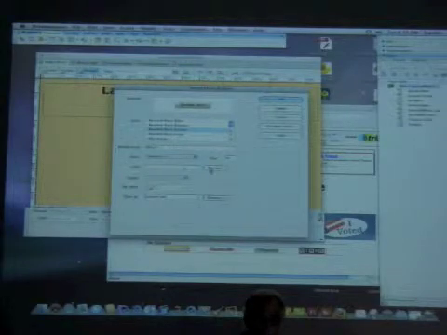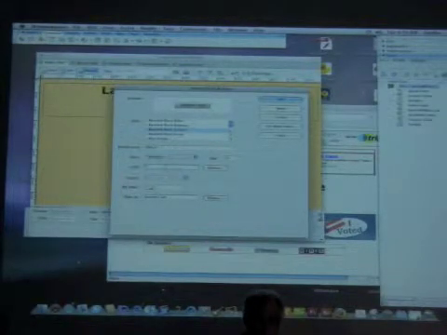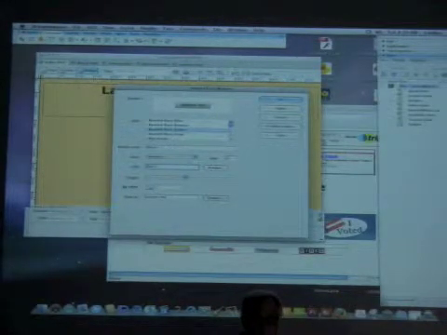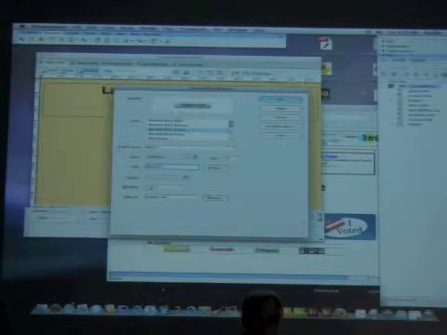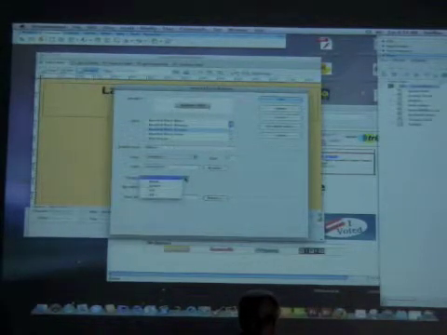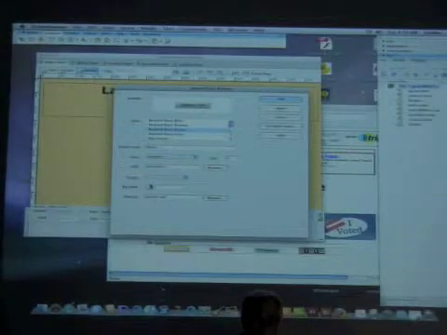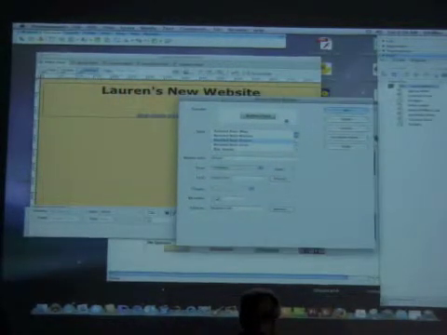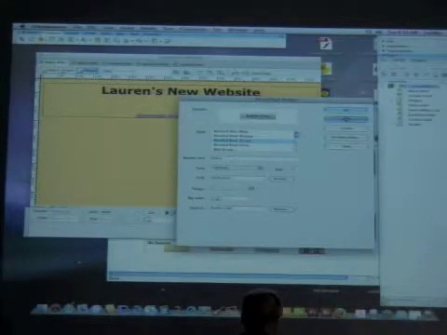The link here, we can browse or you can type it in. And because I know it's just going to be about.html, I can write that in. Target, just leave it blank. Background color, this is critical. I'm going to leave this alone for a moment and leave the white, and if when I apply it,